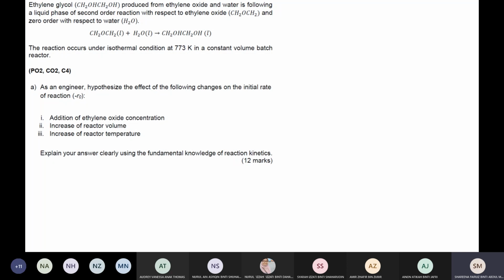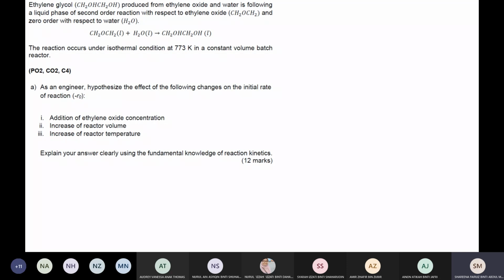Okay, for question 2 is more on multiple reactions. Make sure you know it well, because this will relate with the multiple vectors. This is the highest marks for the final assessment. Question number 2, and question 3 followed by